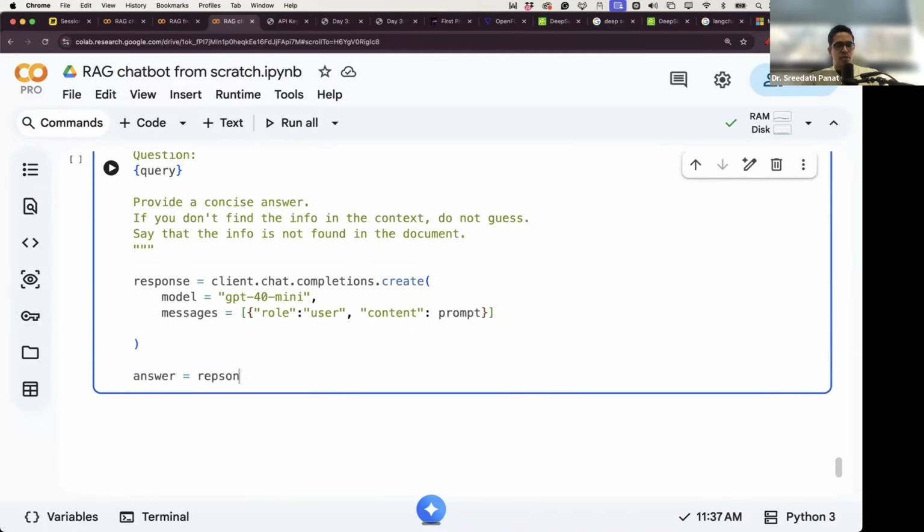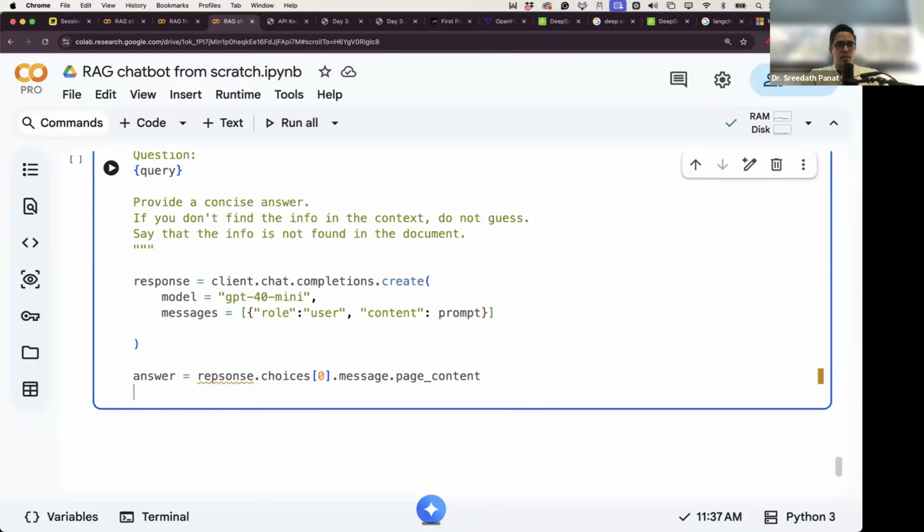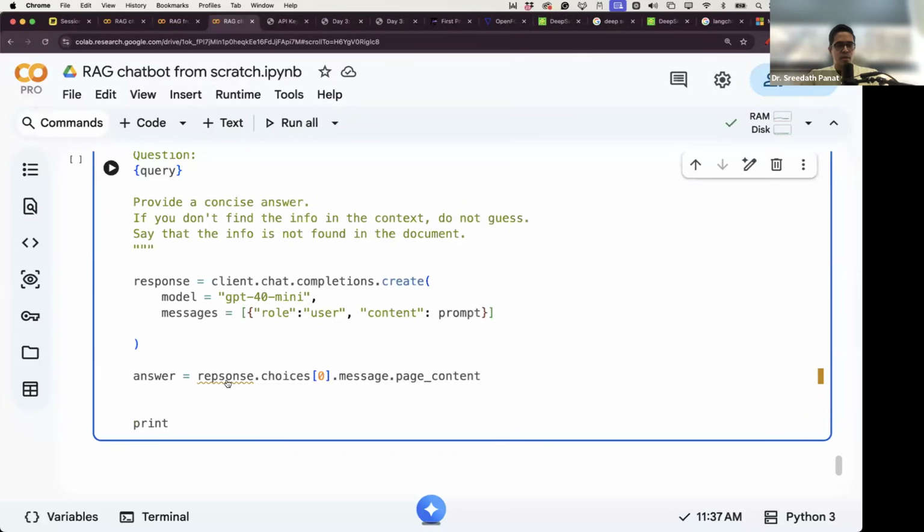answer equal to response dot choices dot message dot content, then print answer. We have to copy paste the, yes. So in the API key section for OpenAI, there will be one place where you have to just simply copy. There will be a copy icon. You have to just copy that. Print answer and then /n